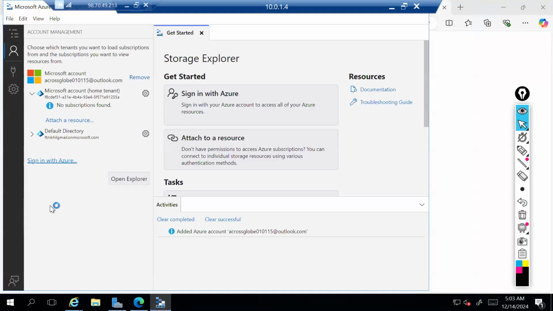Okay, I'm logged in here, in Storage Explorer.